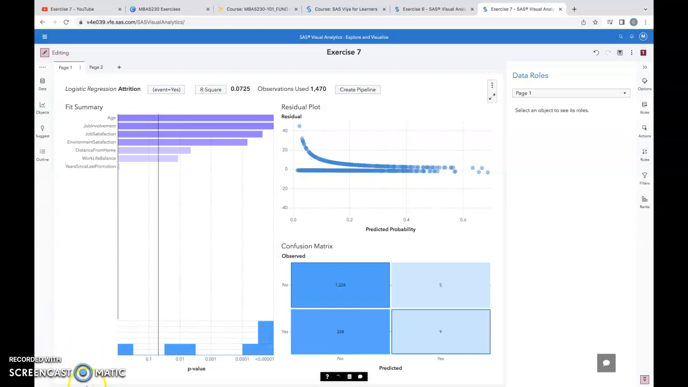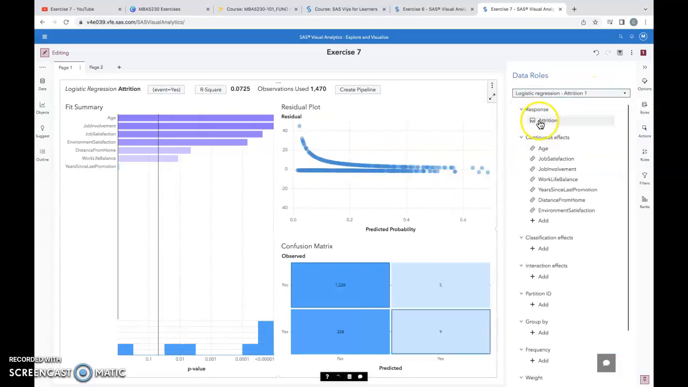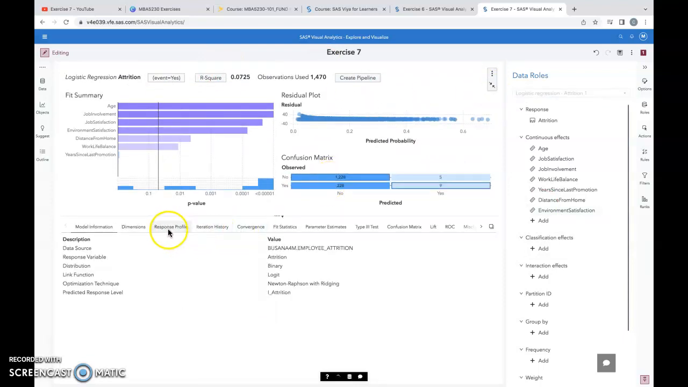And so first it wanted us to, using the employee attrition data set, build a logistic regression to predict employee attrition. So as we can see, going to roles, we have the response, attrition, and some continuous effects, so the measurements such as age, job satisfaction, job involvement, work-life balance, years since last promotion, distance from home, and environment satisfaction. So looking at the model equation, we're going to maximize